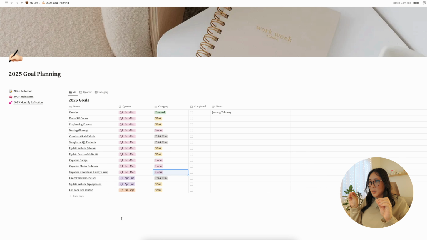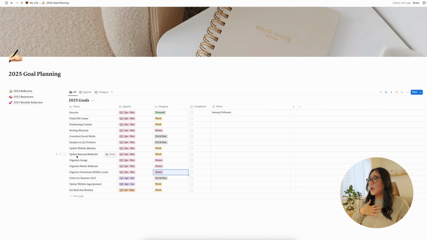Okay, so I did a bunch of stuff. I added things as I thought of them as I'm going. So I'm going to share a little bit with you guys. A lot of things are happening in Q1. I'm pretty sure not everything's going to happen all at once. Obviously, there are some things that can be pushed to Q2 if needed.